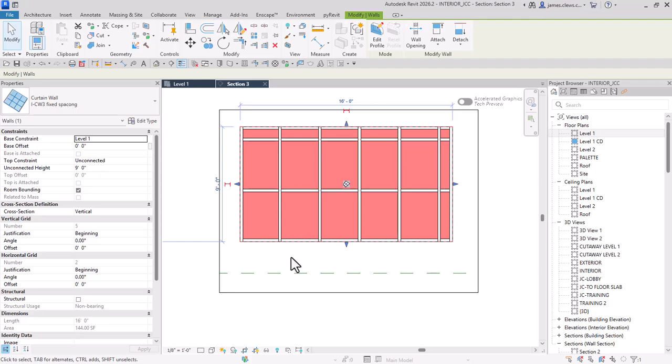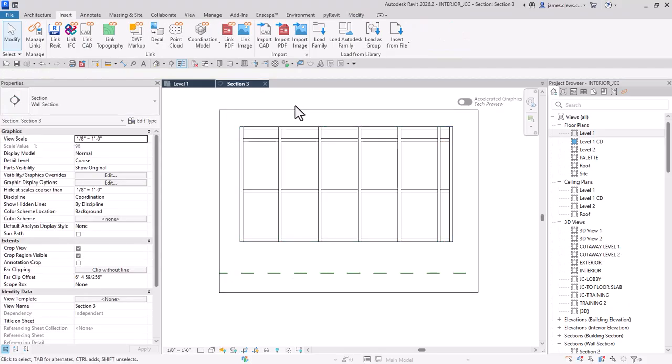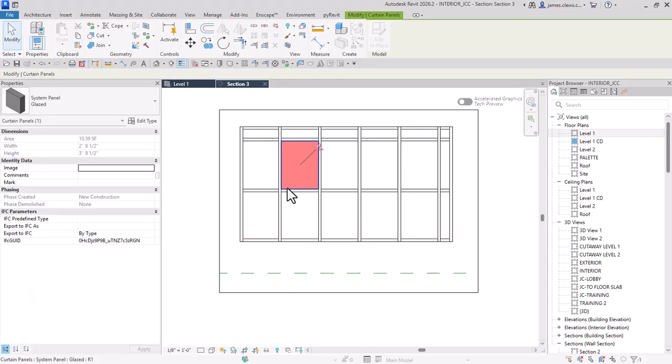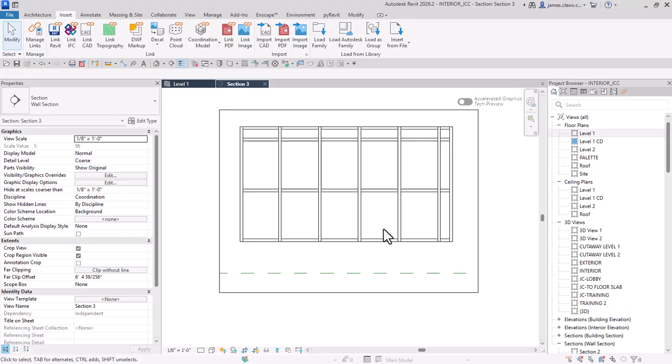So what I want to show you is that the options that exist in here let you put, as you saw, if I tab, you can be putting a panel in here. The default was that we said glazed. But the question came up about how do I put a door in my curtain wall? What I want you to see is that, and this is confusing for every Revit user the first time they see it, if I go to the Insert, Load Autodesk family